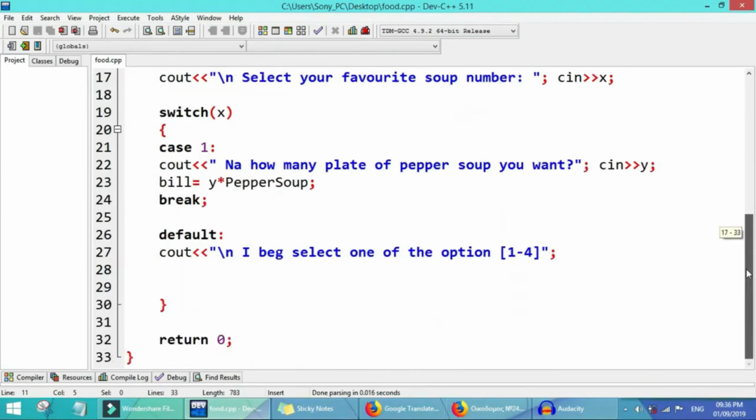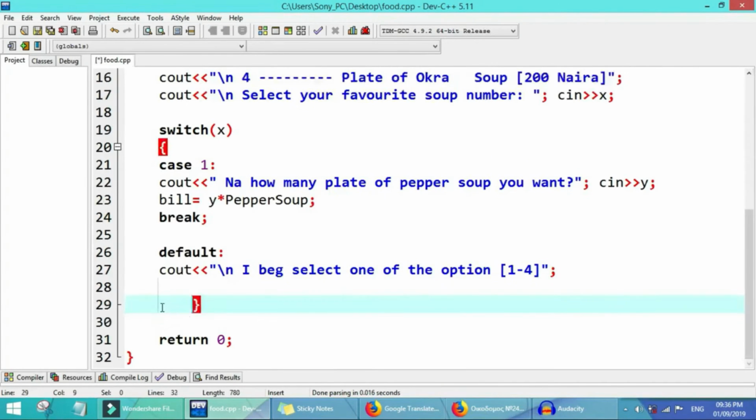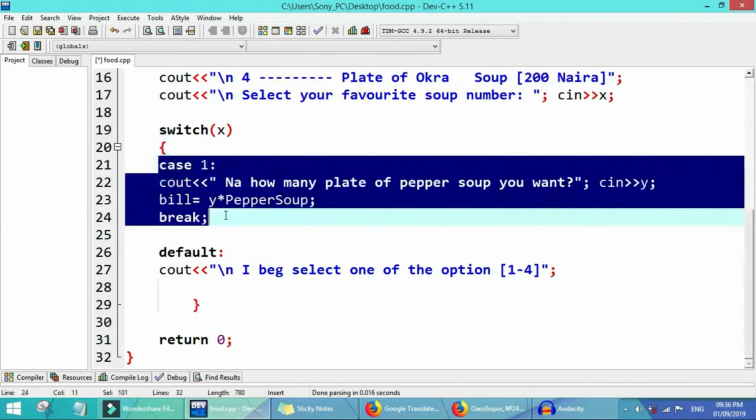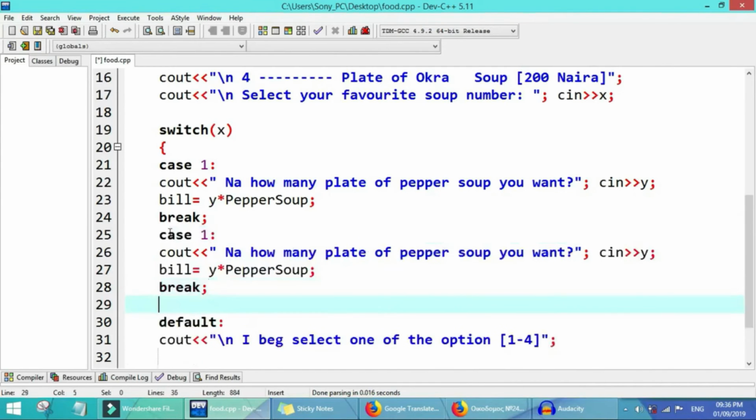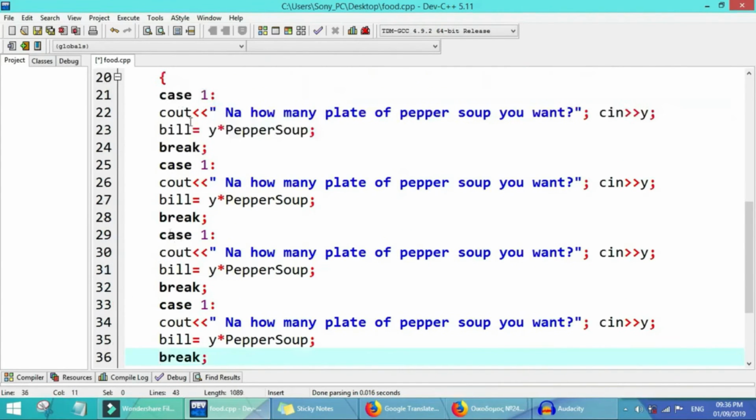Okay, we have written our default. So these cases, don't forget, we have 4 cases. We'll copy the cases and change the items so that we do it very fast. This first one is case 1, second one case 2, case 3, case 4.